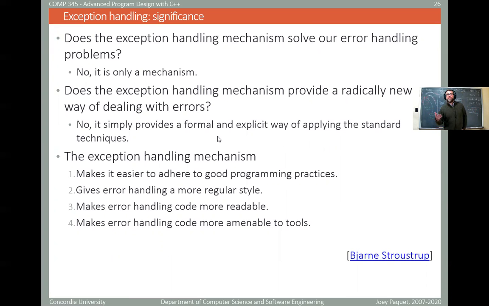Give you a standard way to deal with errors. He also said things like the exception handling mechanism makes it easier to adhere to good programming practices. It is a very structured way to actually deal with the same kind of problem. Before we had exception handling, as I hinted at in the beginning of the lecture, you had things like error